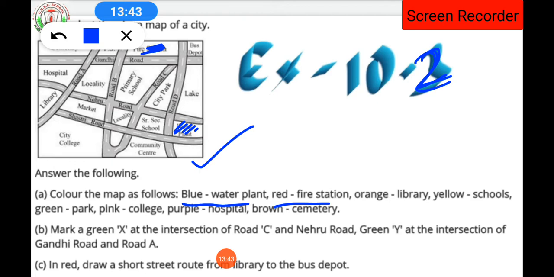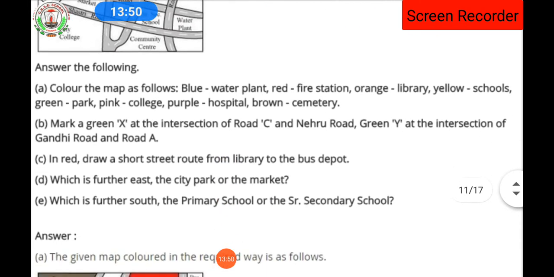Then purple color for the hospital and brown color for the cemetery. In this way you have to mark the map which is given in the book. Book में ही इसको color करना है. ठीक है. In the B part of the question it is said that mark a green X at the intersection